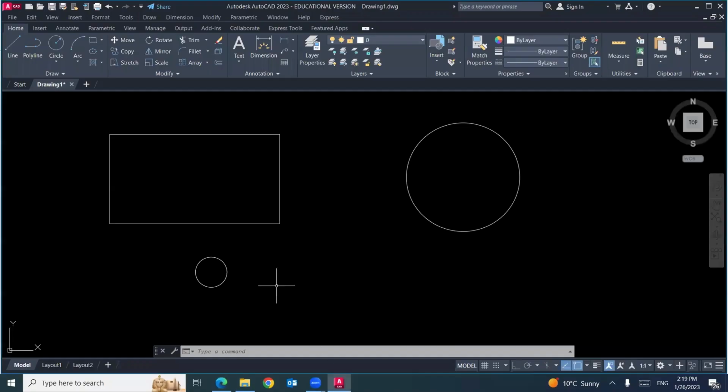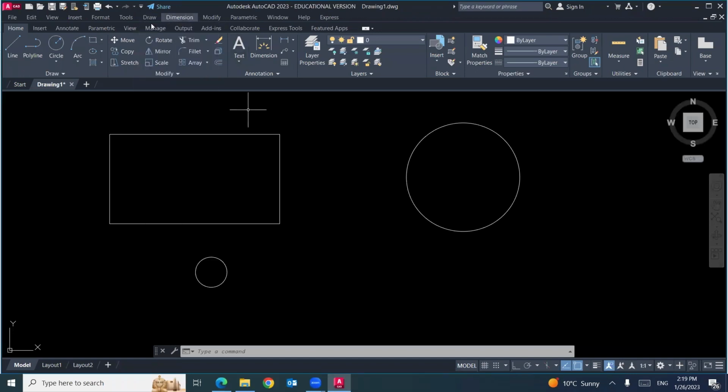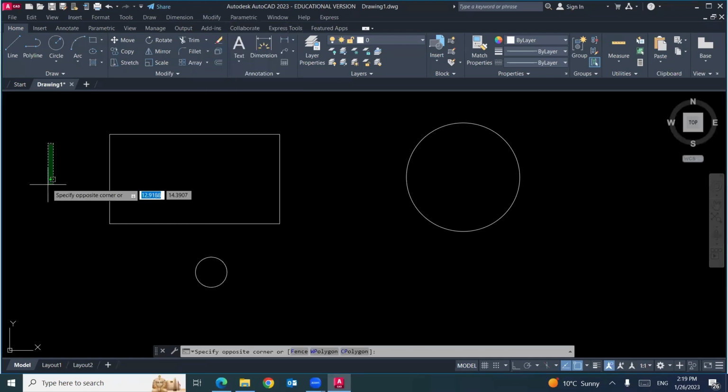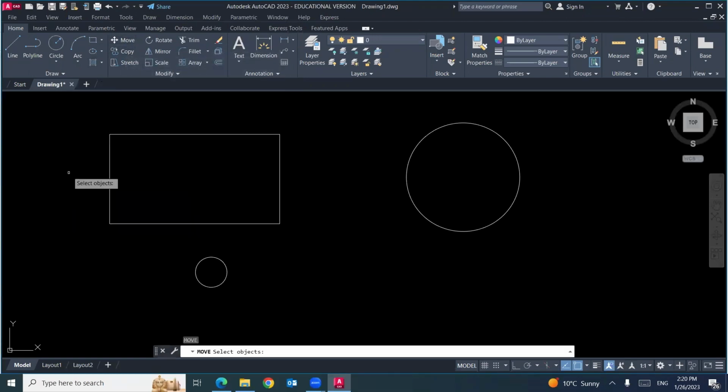Let's try. So I will call it from modify, move, this one, or this little icon, move, or enter. First question, select the object you need to move. I will select this circle by click or making a window like this.